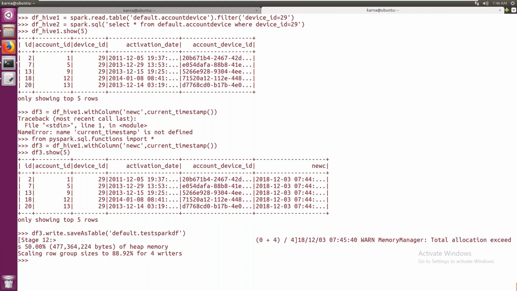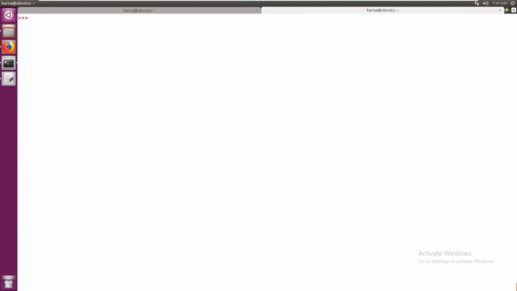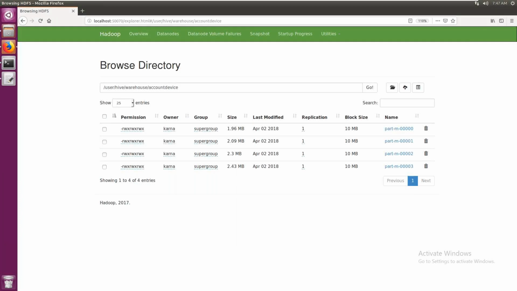Now, guys, I will tell you. We are saving this data frame as a table into Hive, right? Now, when we have a table in Hive, ultimately the data will be saved as a file in HDFS, isn't it? Okay. So, perfect, right? In which format will the data be written? It is not CSV, but let me show you that.